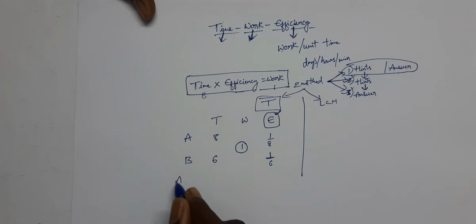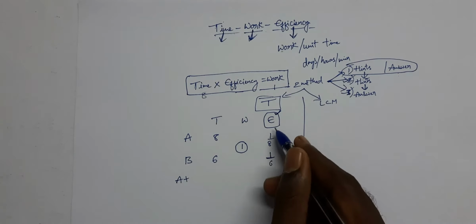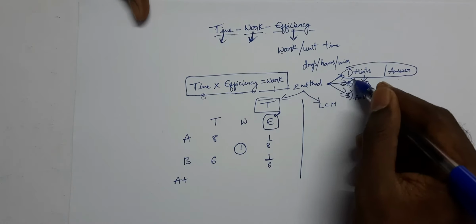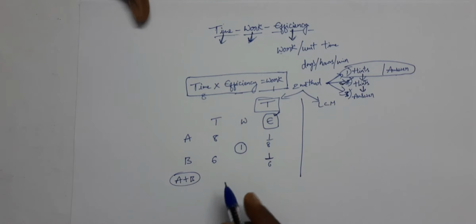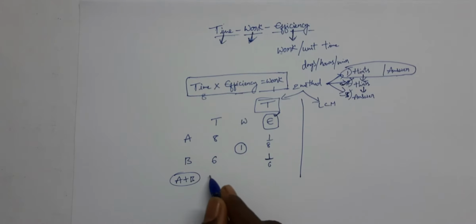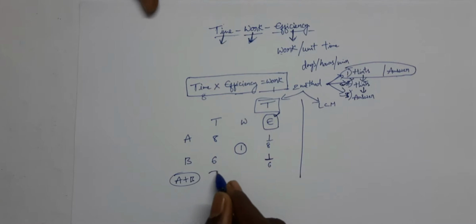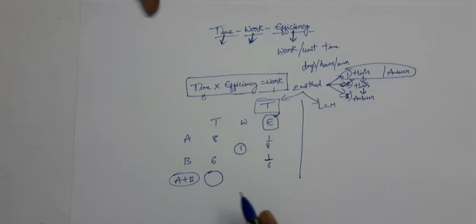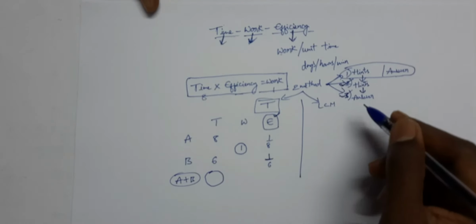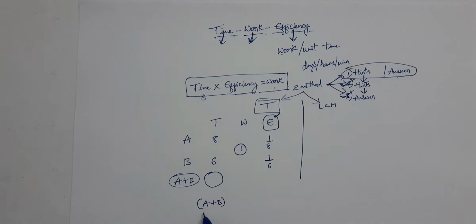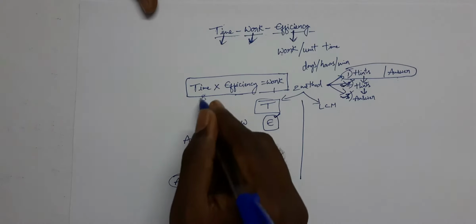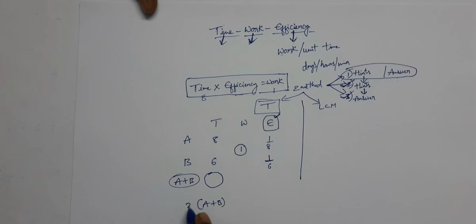Now I have drawn the efficiencies, so I completed step 2. Now step 3. In step 3, the question they have asked is, in how many days can they complete the total work if they work together. Now I'm explaining the third step. In the third step, they are saying that both are working, so I will take the total efficiency of both the members, and I don't know the time they will take, so I will take it as X.